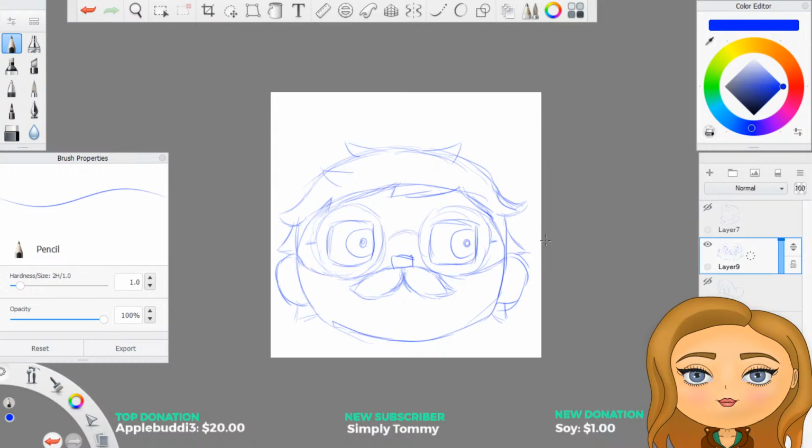That's basically what the hair looks like. Obviously without any shading or anything to give it more definition. That's about as close as it's going to get. Looks like a little old man.